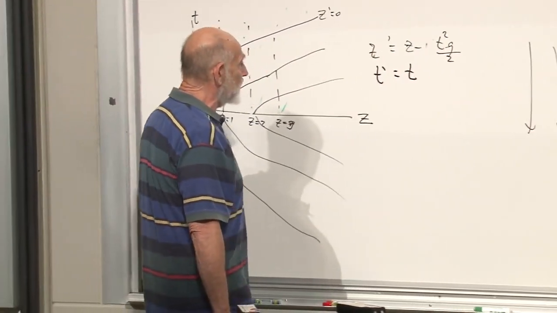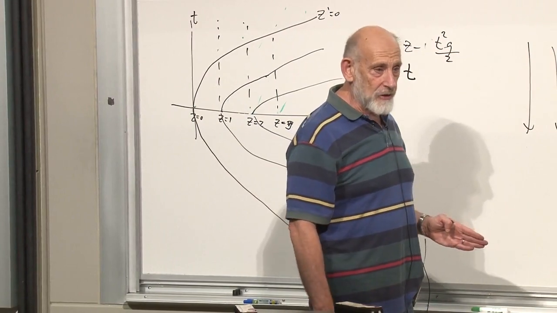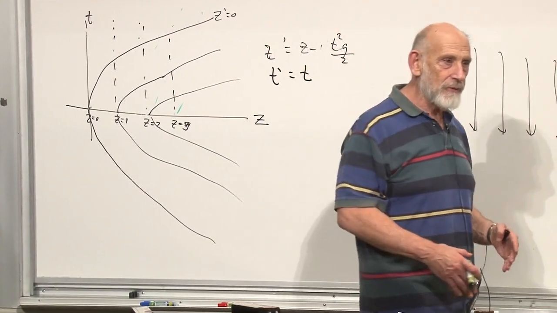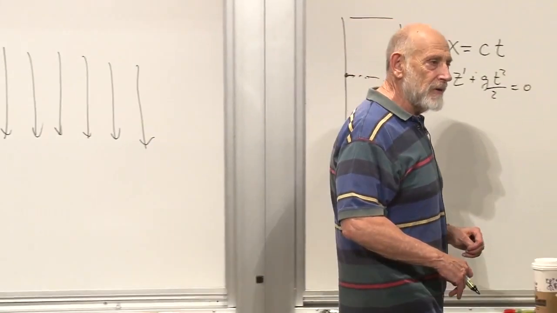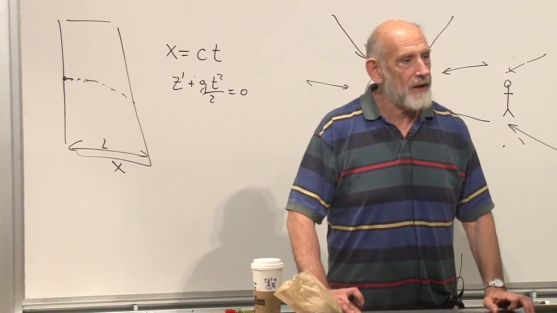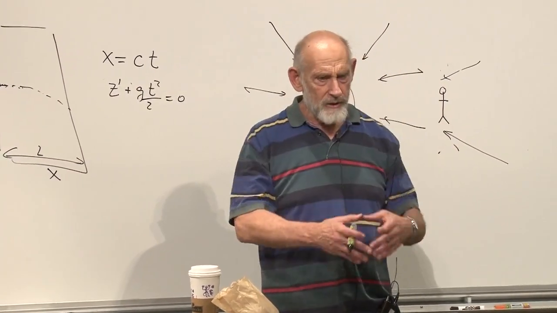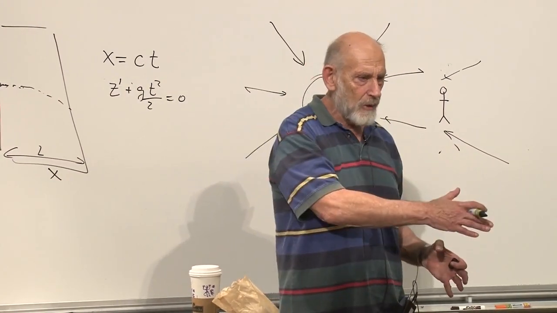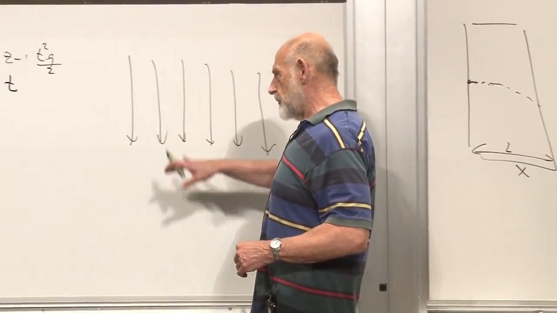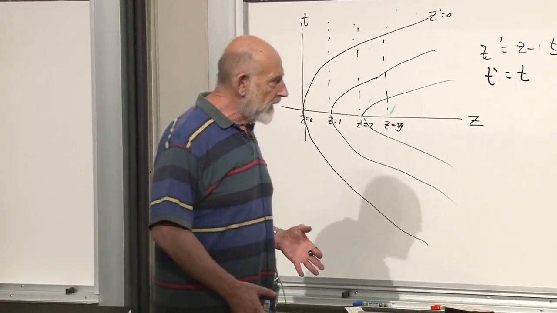Supposing you simultaneously accelerate along the z-axis while oscillating back and forth in the x-axis. Your frame of reference is oscillating backward and forward along the x-axis and accelerating along the z-axis. What kind of gravitational field do you see? A very complicated one. It's got a vertical component and it has a time-dependent oscillating component along the x-axis. So by appropriate coordinate transformations, you can make some pretty complicated apparent gravitational fields.